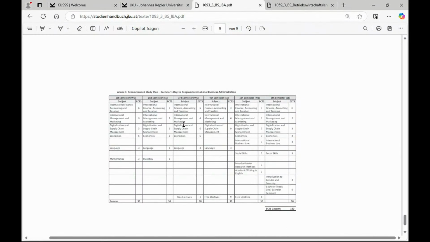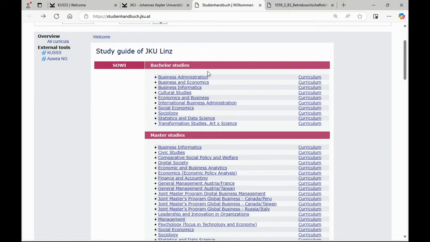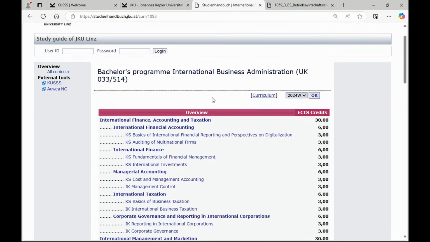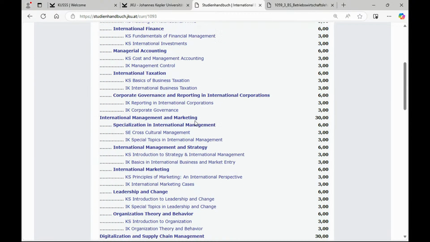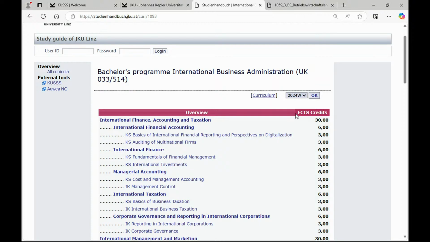Well, that's still rather abstract, not very concrete. So I show you something that's much more concrete. If I go again to International Business Administration, now the link, I'll find a list of lectures grouped by the subject I mentioned. And here, what I've been talking about, these ECTS credits. So that subject, to finish it, summed up, you need